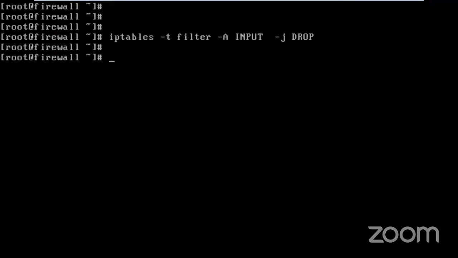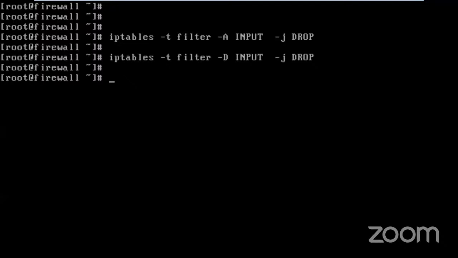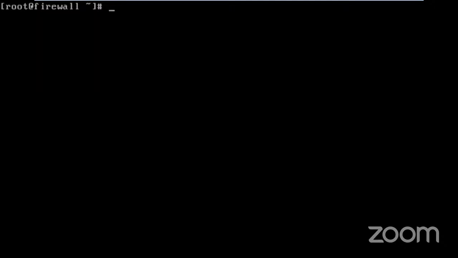Suppose in our city we have created one public park. If we are not going to allow the public there, then what is the use of that public park? Same way, normally we do not block the access to web servers. So in the fourth task, let me first delete this rule. For deleting a rule, it is simple. You have to specify the D option. And please remember, it is very case sensitive. If it is written in capital, then it should be in caps. If it is in small letter, then it is in small.